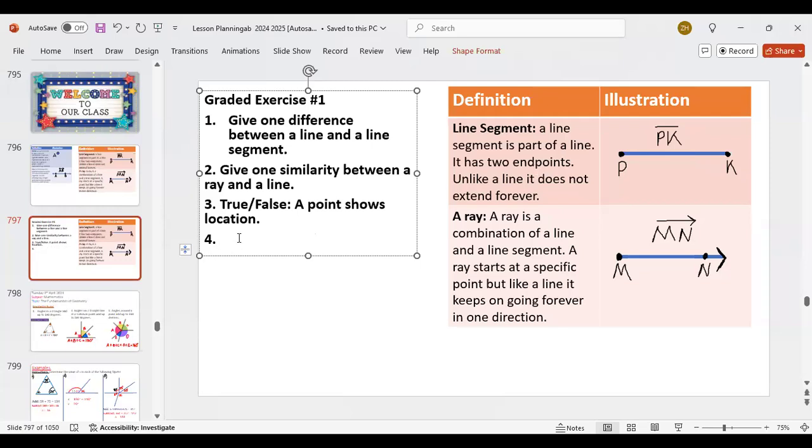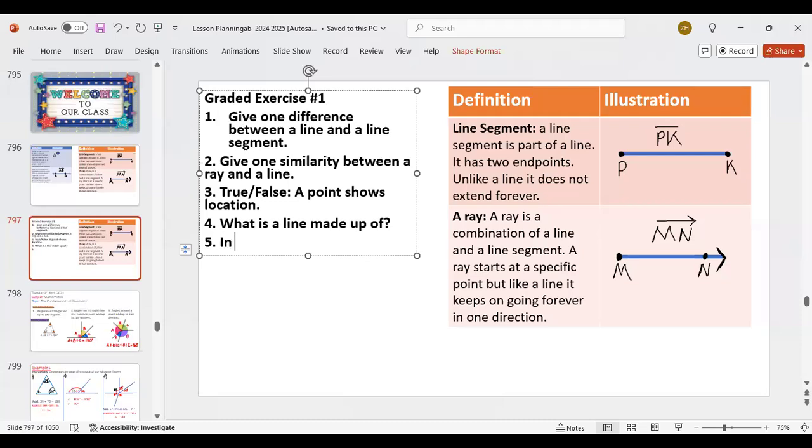Number four. What is a line made up of? What is a line made up of? And number five. In each case,